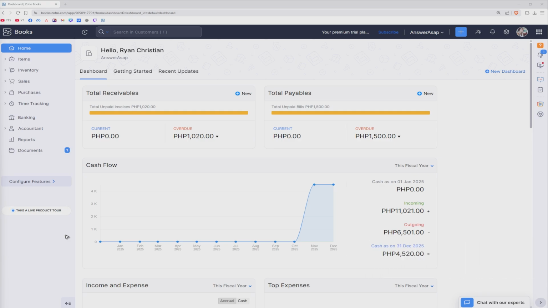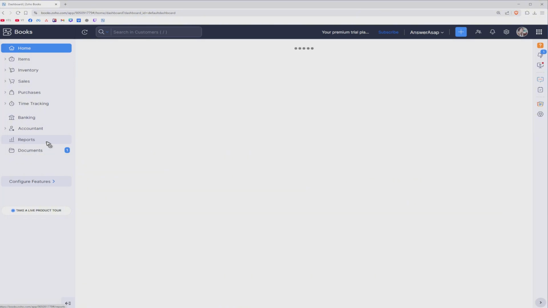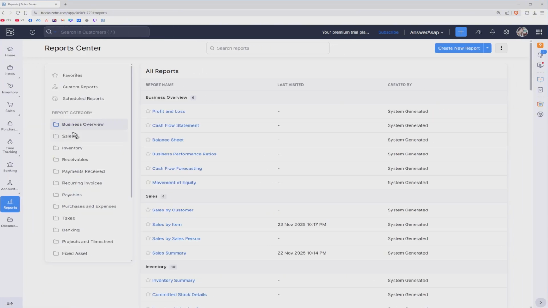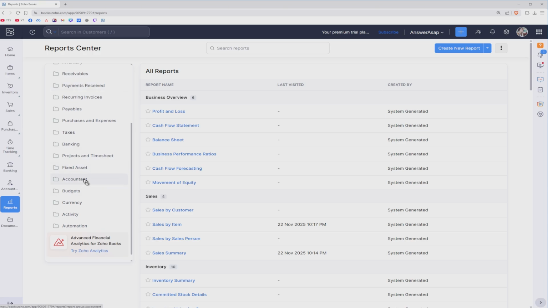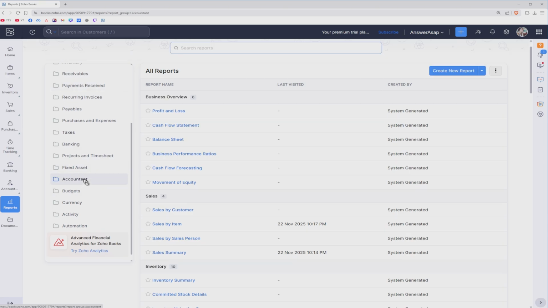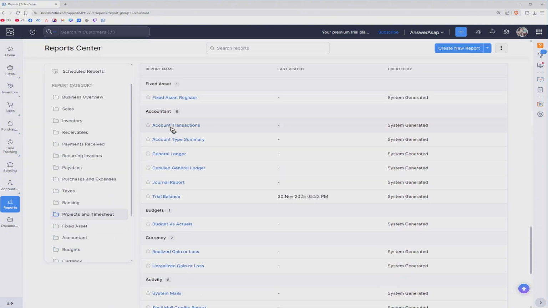All right, so first up, go ahead over to your dashboard. Now, in the left panel, you have reports right here. So just click on it. Now, in this panel, just go ahead and scroll down and find Accountant. Click on it. And then once you are under the Accountants tab, as you can see,